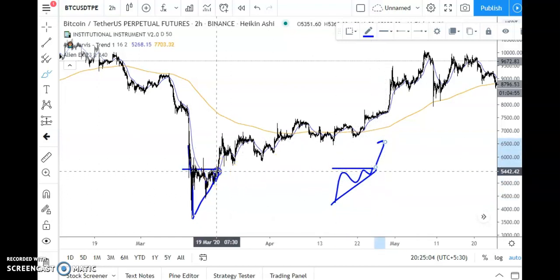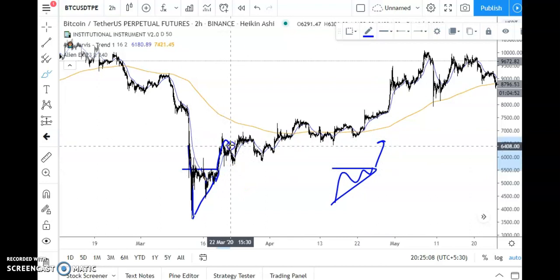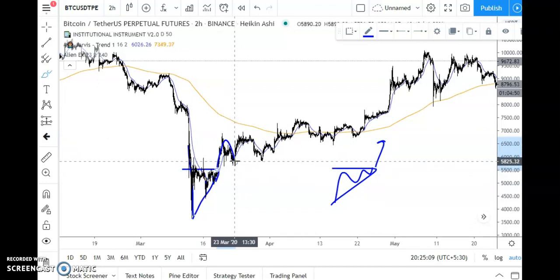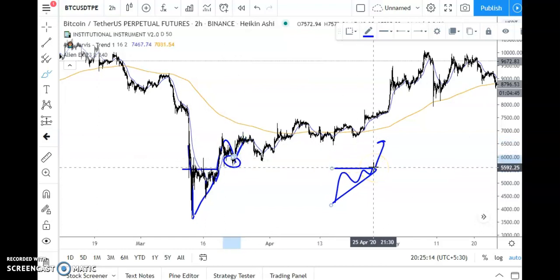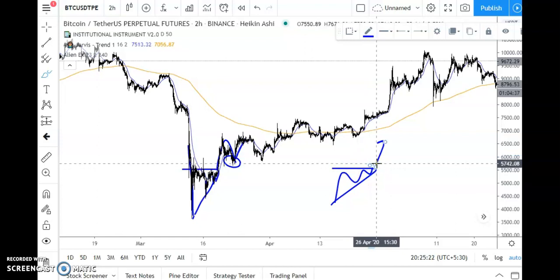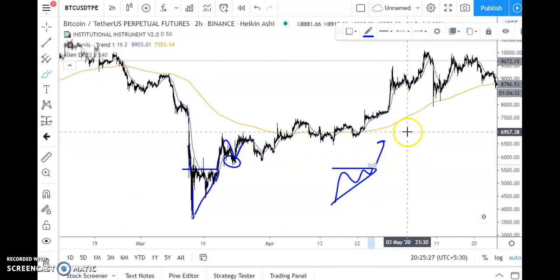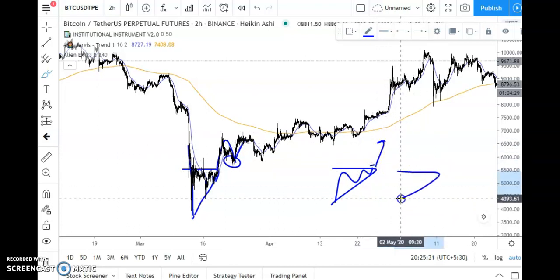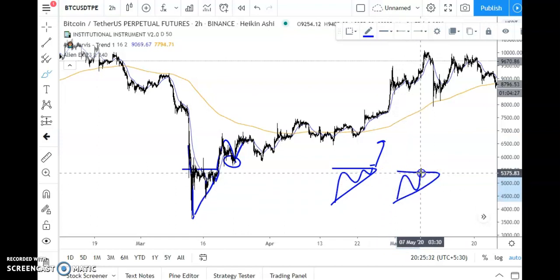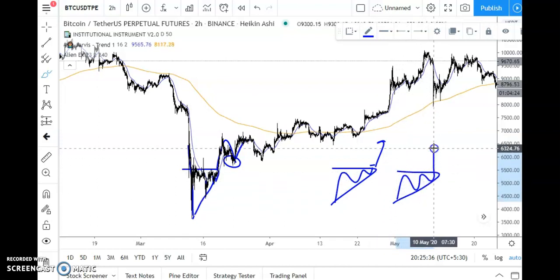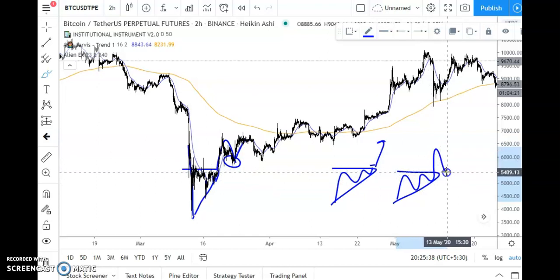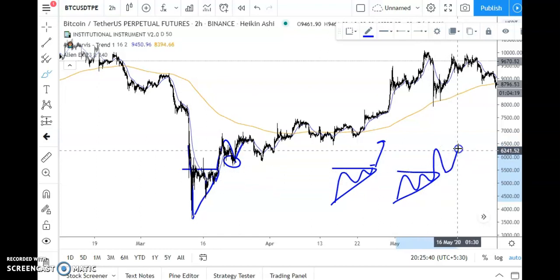So look what happened to the price. It went up, again it came down, again it went up. This action is called a retest. Some traders enter whenever the price breaks out of this particular pattern. That used to be the old strategy, but nowadays you can always see a retest. What I mean to say is, price will start showing this kind of action. It breaks out, but again it will come down. It will retest this particular support. Again it will go up.